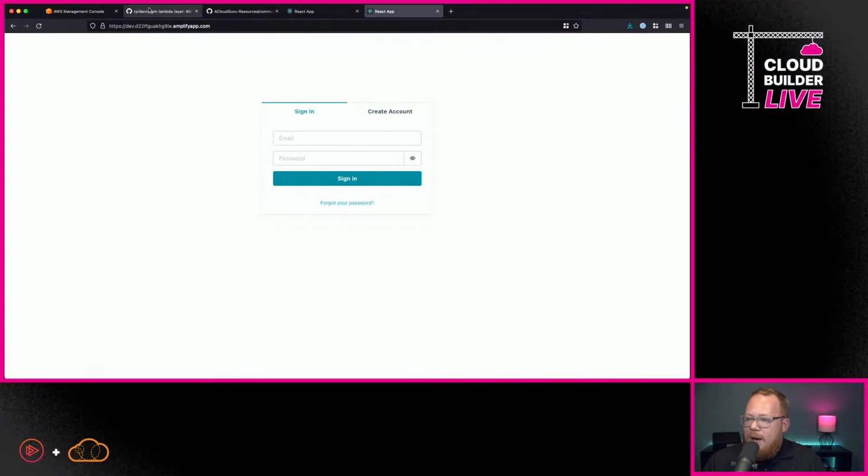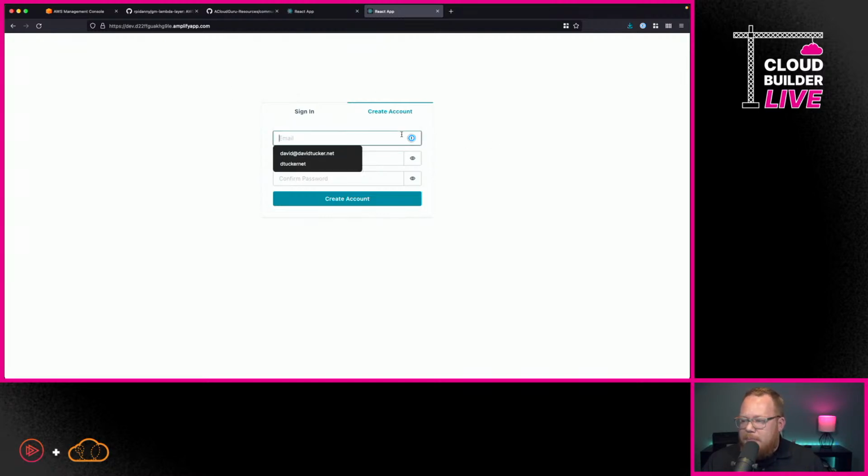So I can see here that I've got this deployed. I'm going to switch back over and reload my browser. And what we should see is exactly what we do see: we now have a login screen. This login screen gives us the ability to create an account. Now, you could configure Cognito to not enable that if you wanted, so that only admins could create accounts, for example. But in this case, I wanted to show you what it would be like to implement this so that users could go in and create their own accounts.